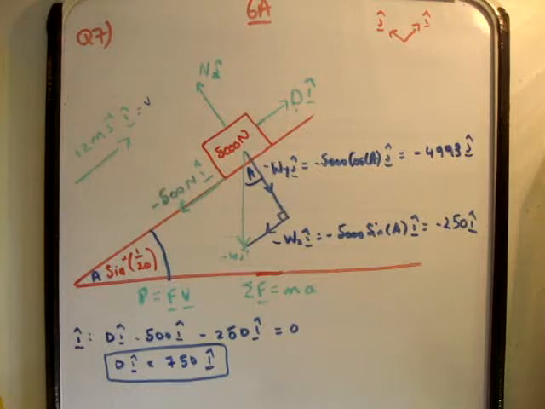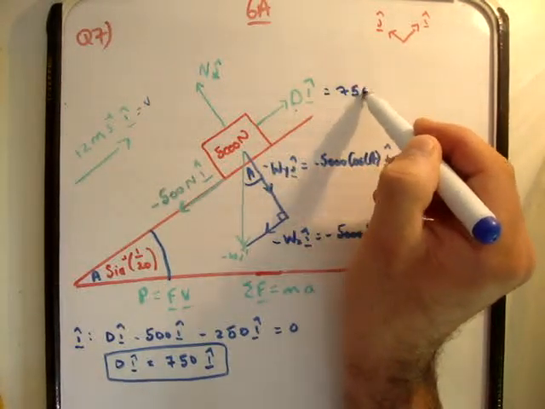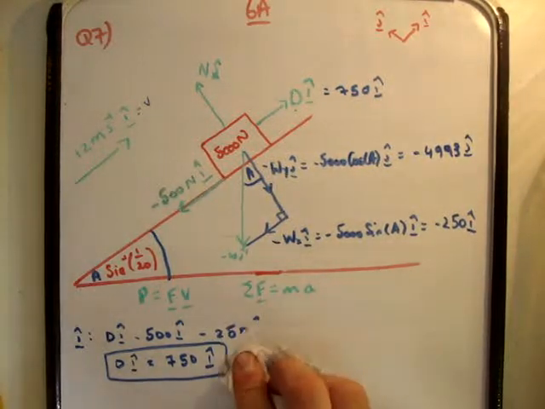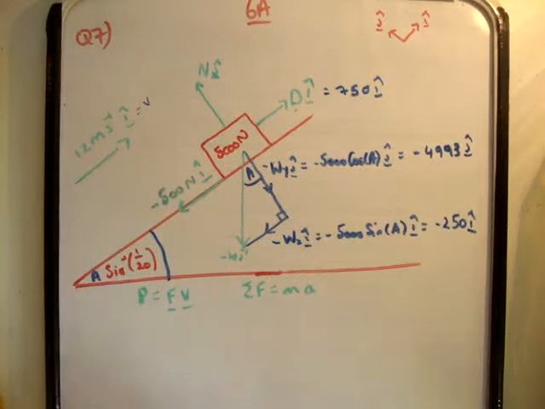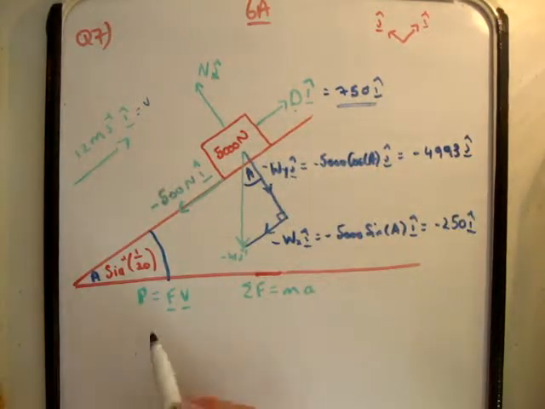So let's read the question again. It says the car's weight is 5,000 newtons. It climbs a hill of incline 1 in 20 at a steady speed. If the resistance to motion is 500, find the power output of the car's engine. Now you need to be smart here, and I'll tell you why. Because we're being asked to find the power output of the car's engine. So we're being asked to find out the power associated with this vector. We're not being asked to find out the overall